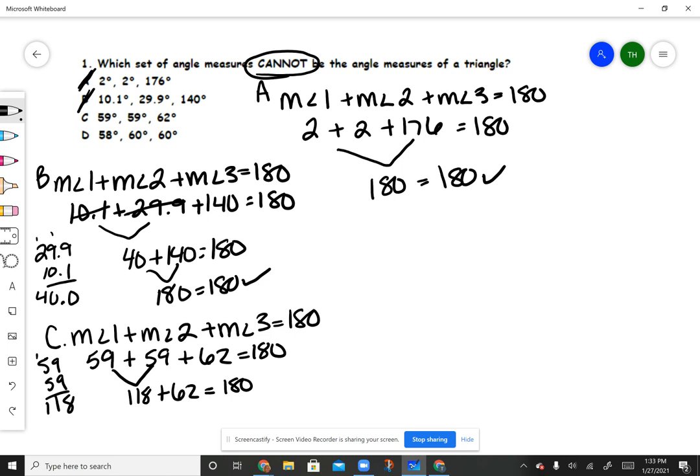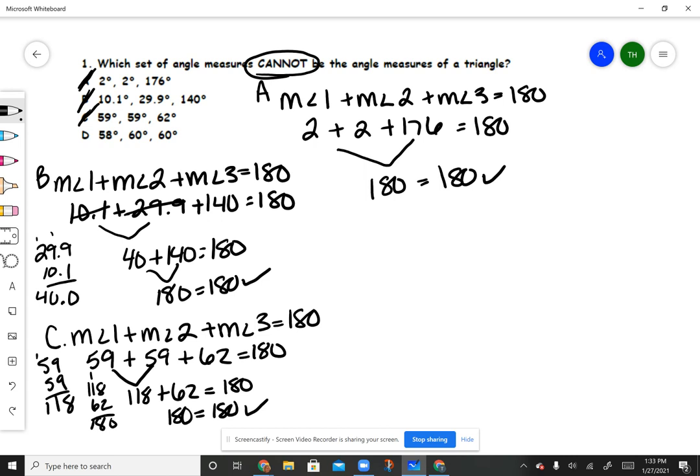Okay, so now I need to do 118 plus 62. That equals 180. So 180 equals 180. That's true. So we're looking for the one that cannot. So C cannot be it. So that tells me that D is probably my answer,